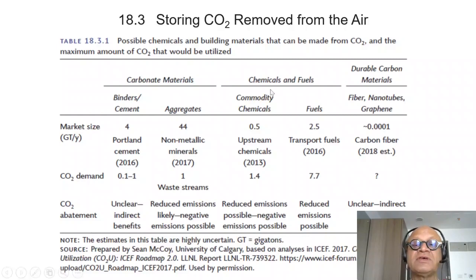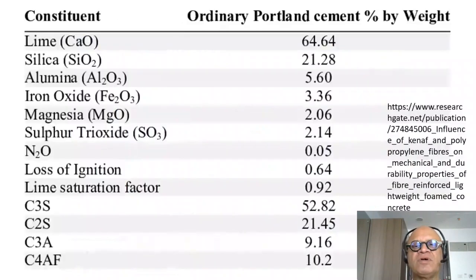So this is just to keep in mind that conceptually there is this possibility of using chemicals and building materials that can be made from CO2. The CO2 source itself will matter as well. If it's captured through bioenergy and other things and liquefied and supplied, how far it has to be transported, what is the life cycle of the whole process, etc. have to be